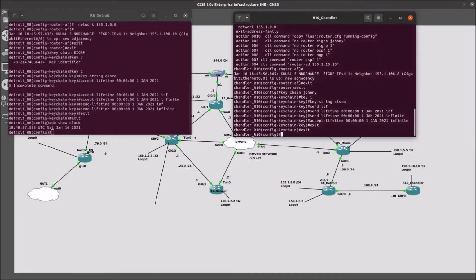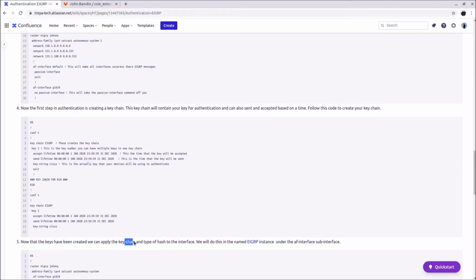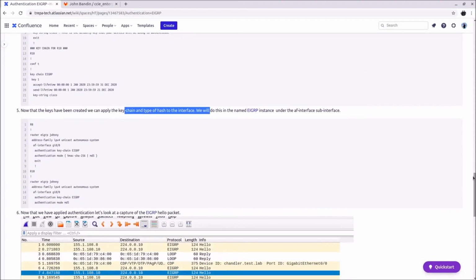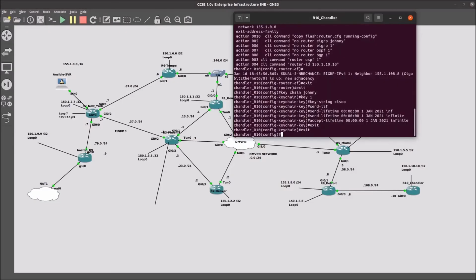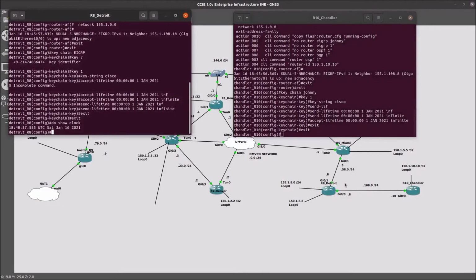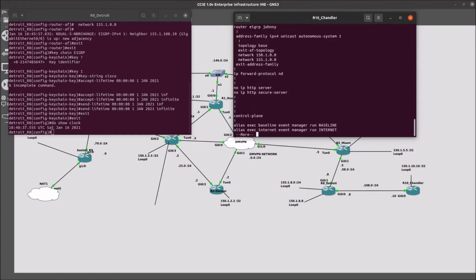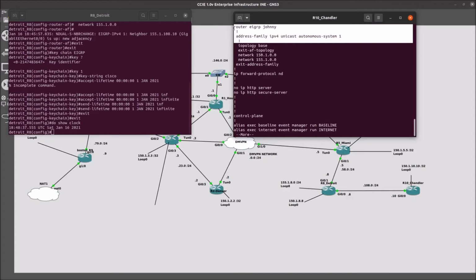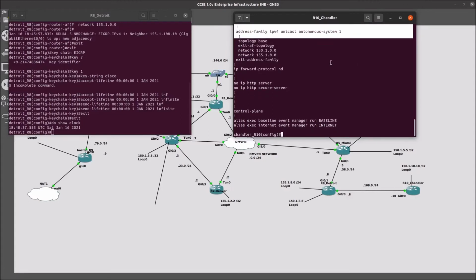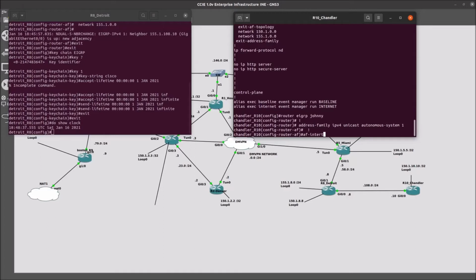So now what's our next step? Let's go back to our Confluence page and look. Now we have to apply the keychain and the hash to the actual interface, sending the hello packets, the actual interfaces that are becoming EIGRP neighbors. So on router 8 and router 10, that's gig 0/0. So type in do show run. I'll do a / to search for my EIGRP. I'll copy,